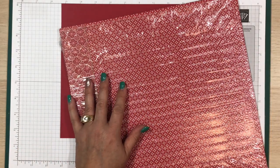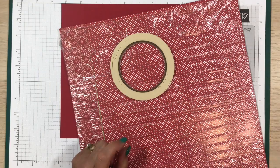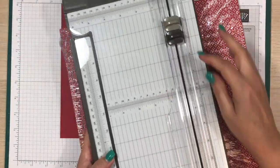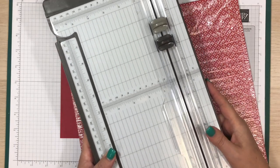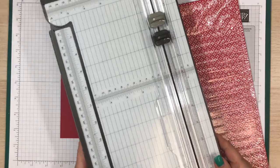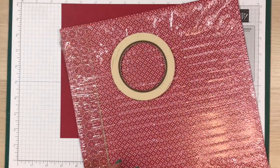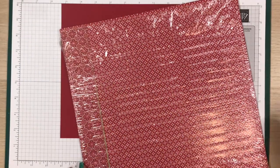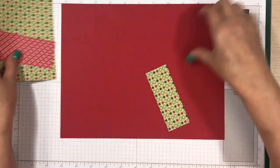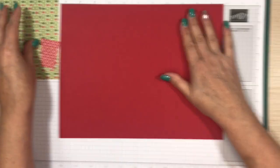You're also going to need some double-sided tape, don't forget that. And you're going to need your cutter with a scoring blade on it. So pause the video, go get that, meet me back here, and I will show you how easy and simple this is to make. Okay, so I have got my 8.5 by 11 piece of cardstock here,